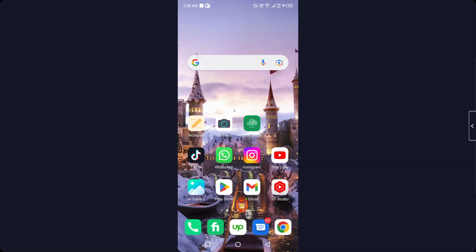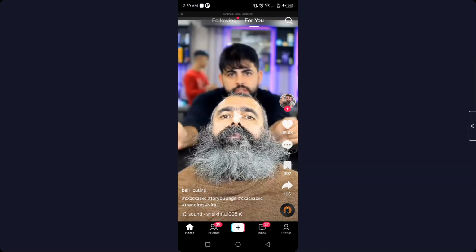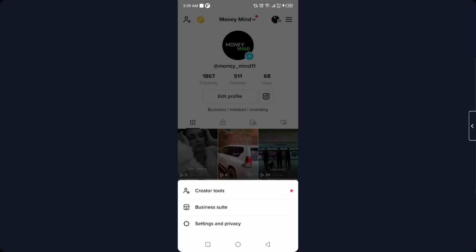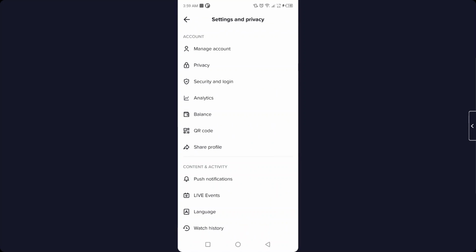So the first step you need to do is to open TikTok. Once you open TikTok, you simply need to click on profile in the right bottom corner, and then you need to click on three bars in the top right, and then you need to click on settings and privacy, and